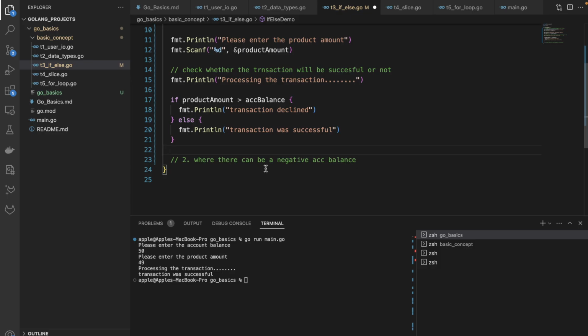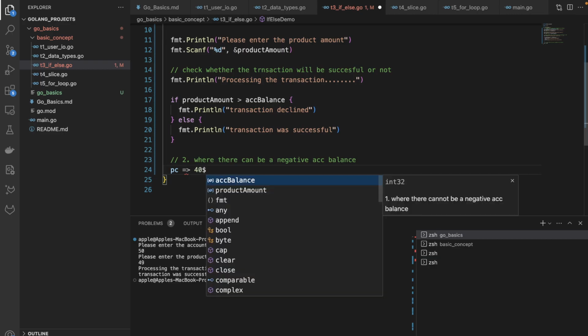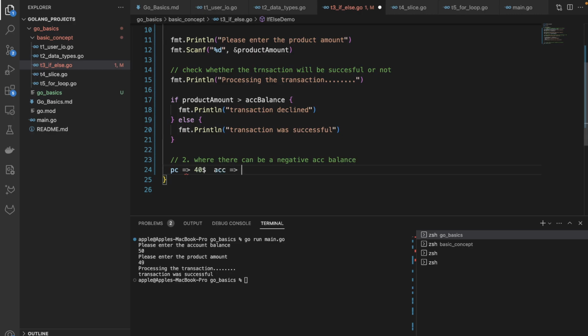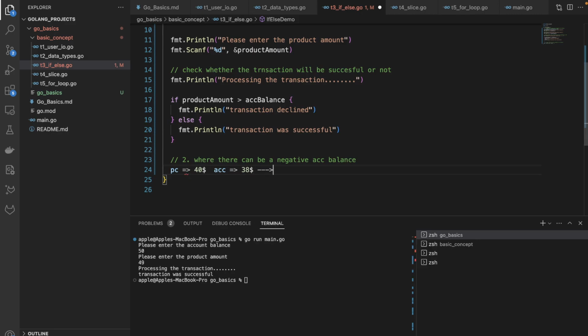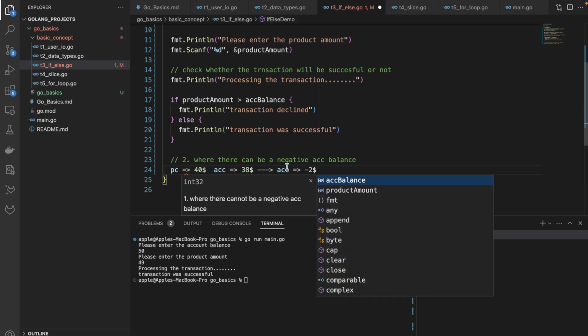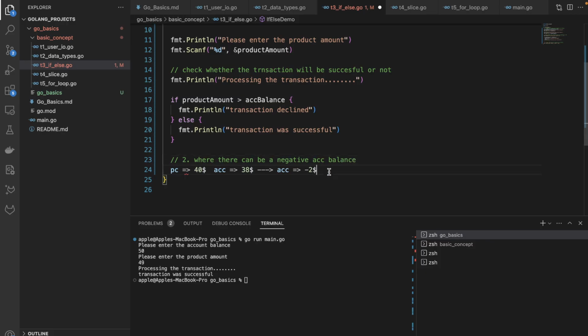Okay, now let's see that there can be a negative account balance. So in this case, what I want to do is, let's say the user buys a product whose cost was $40, and account balance was $38. Because initially the account balance is positive, the transaction should succeed and the account balance will become -2. So this case is allowed. Okay, the one time negative balance is allowed, but if the account balance is already negative, it should not proceed